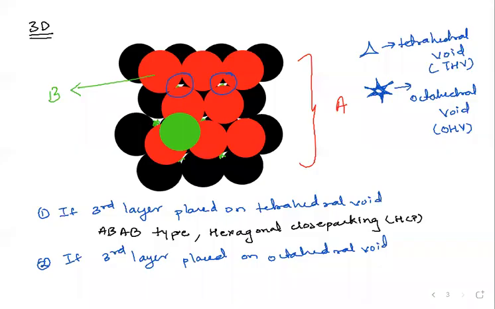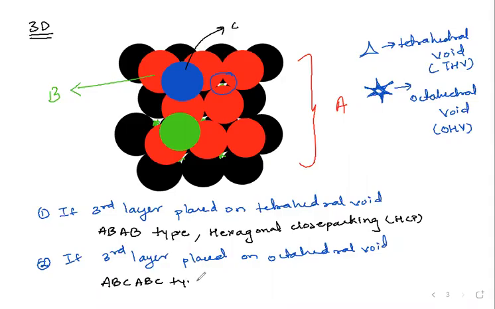Please note, placing the third layer on octahedral void, as you can see, it does not match. Does it match layer A? Is the third layer on octahedral void matching layer A? No. That means the blue one is layer C. So that means I can write that if the third layer plays on octahedral void, it gives rise to ABC